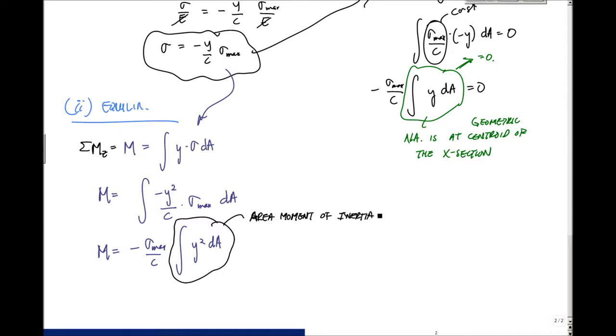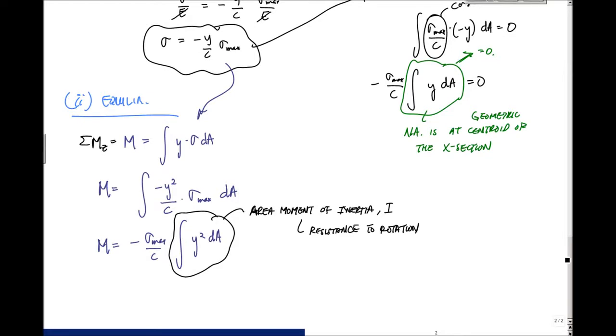Here, the definition of moment of inertia is resistance to bending, or resistance to rotation of the cross section. In terms of my cross section geometry, how well can it resist rotation or bending? And the larger the I, the symbol we use right here, the larger the resistance to bending. And so this moment is equal to minus sigma max over c times I. In this case, where sigma max is on the compression side, we would say sigma max is equal to